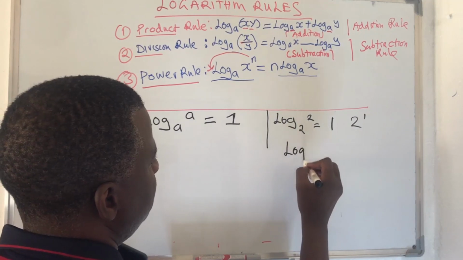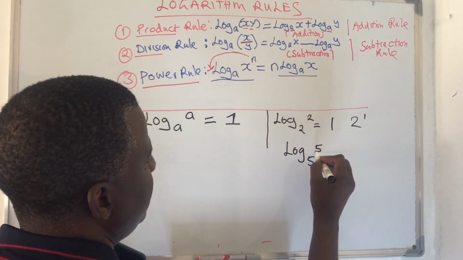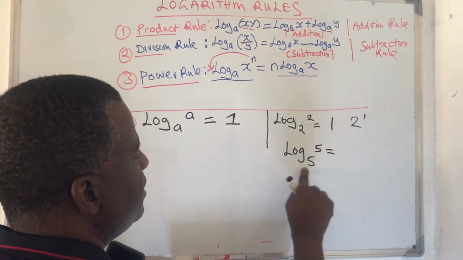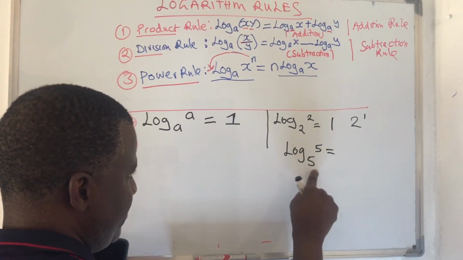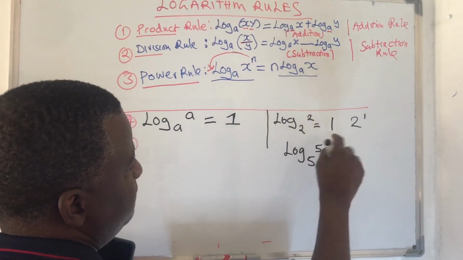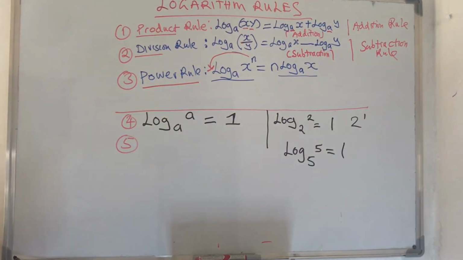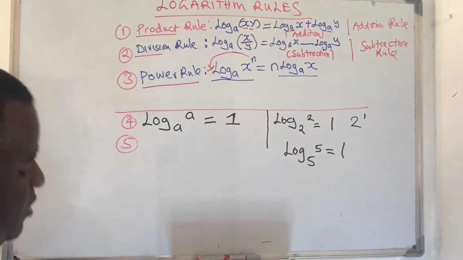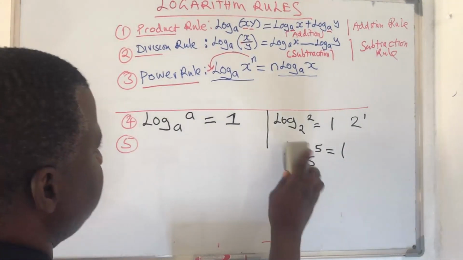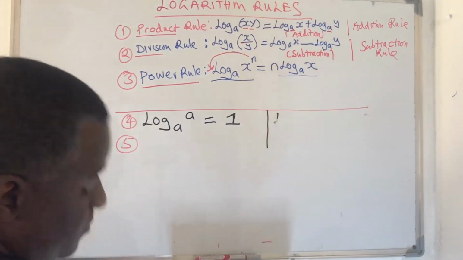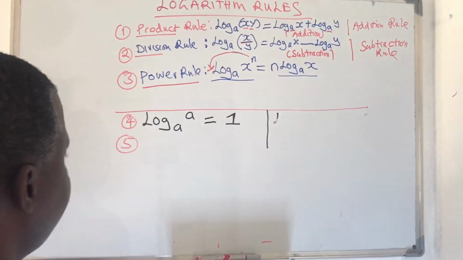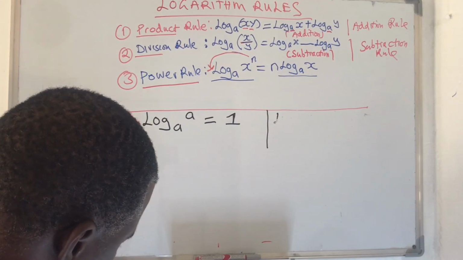Let's say you've got log 5 of 5. You're asking yourself a question, to what power can I raise 5 so that I get a 5? It will still be 1, isn't it? So whenever you see logs which are the same, just know that the final answer will be 1. Then the last bonus